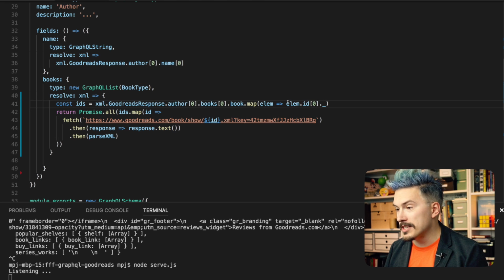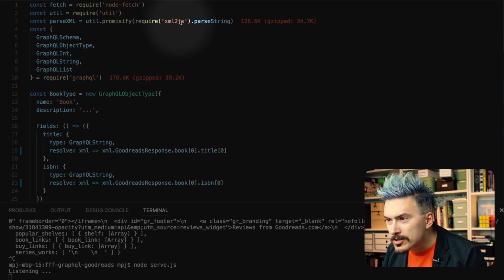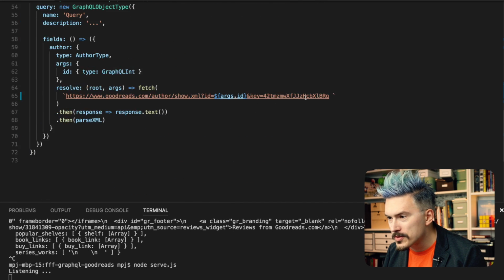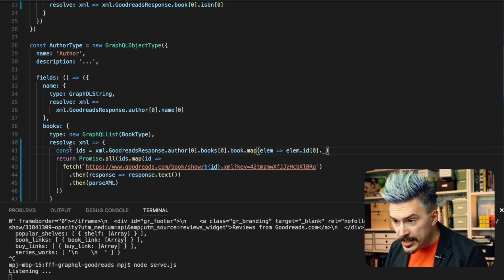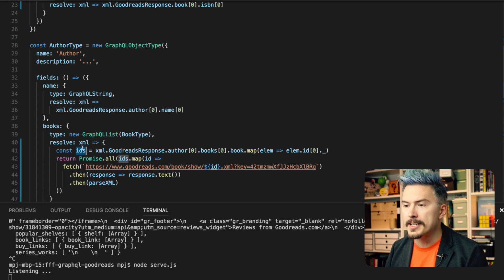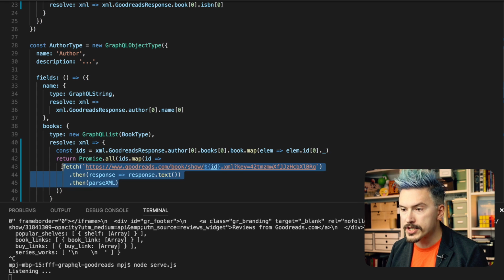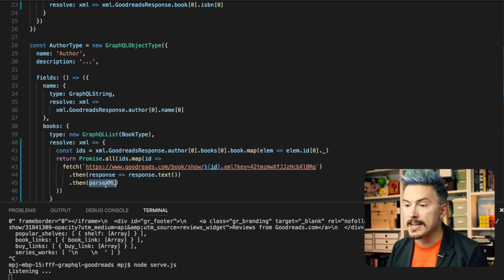It's not important to this particular episode of GraphQL. This is just how the XML to JS works. So let's just deal with that and live with that. Either way, we extract an array of IDs, and for every ID we do a fetch, and we do the whole dance again. Fetch, extract the text, and then parse the XML of that, and then we return that to